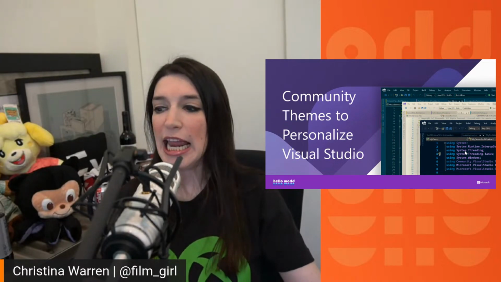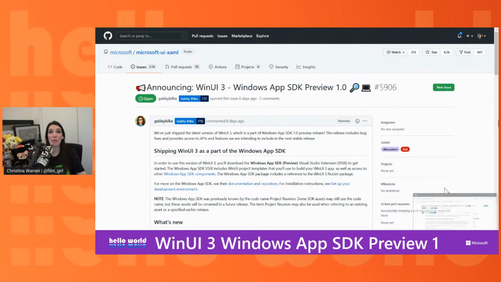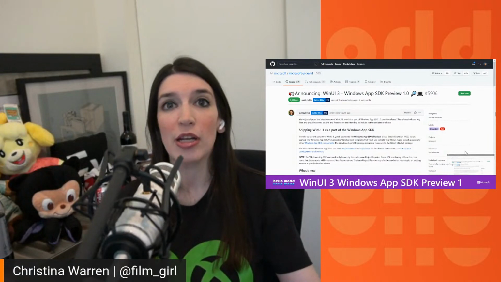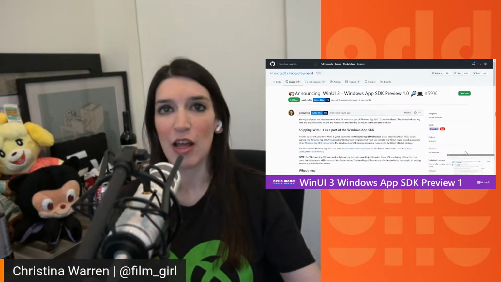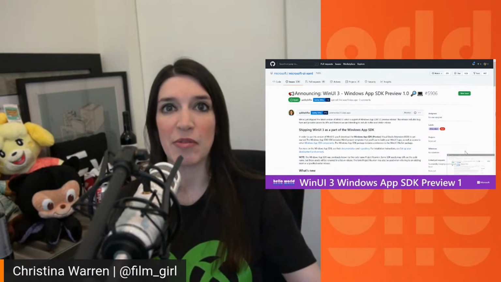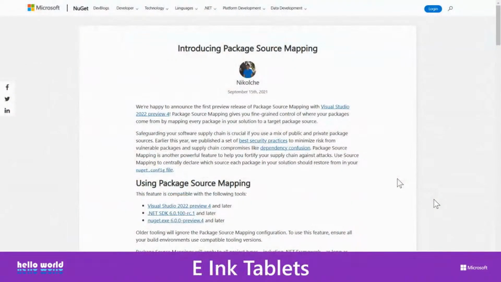So that's really good. And we're going to be talking more about this with Bridget and Dina a little bit later. But I just wanted to call out the WinUI 3, which again, is a really big release, and is part of the WinApp SDK Preview 1. We're going to be talking more about the WinApp SDK Preview 1 a little bit later, but I just wanted to give this a shout out. This came out last week, and the team has put so much work into this. So this is something to definitely check out. It's not just Windows 11 specific, obviously, but it will have a lot of features that will be usable in Windows 11.